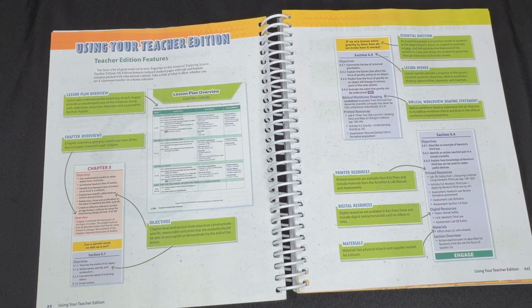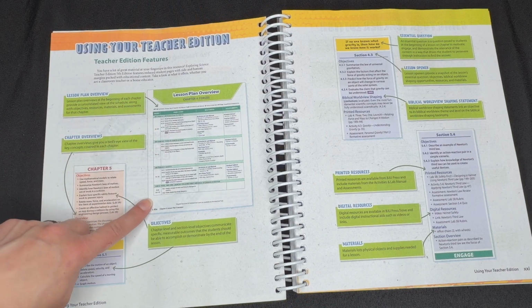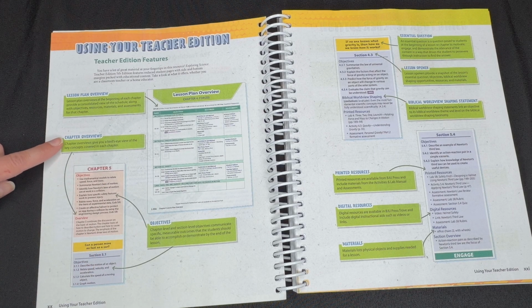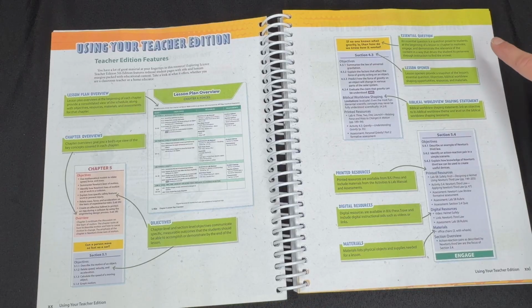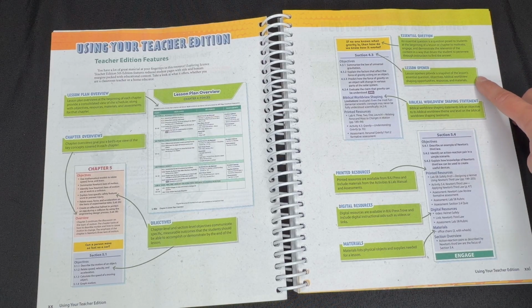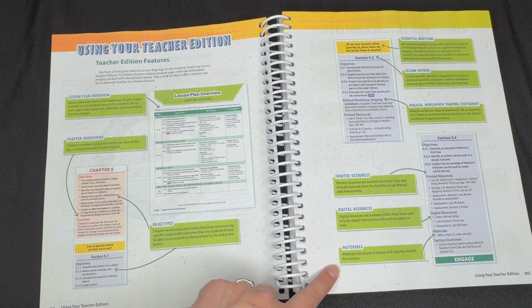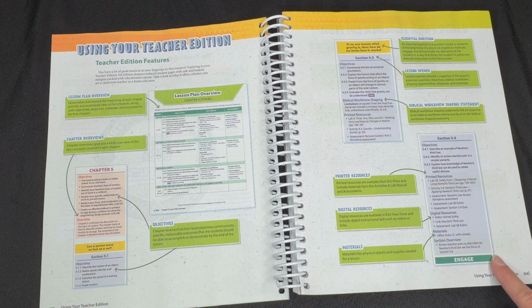Here we have a guide to using your Teacher's Edition. This will explain the different features that you will find. You will have lesson plans for every chapter, chapter overviews and objectives. There will be essential questions, a lesson opener, and biblical worldview shaping. You will also have any resources listed that you will need for your lessons,